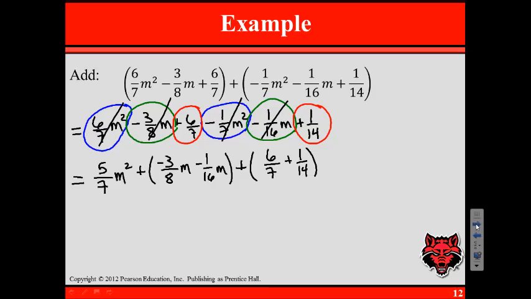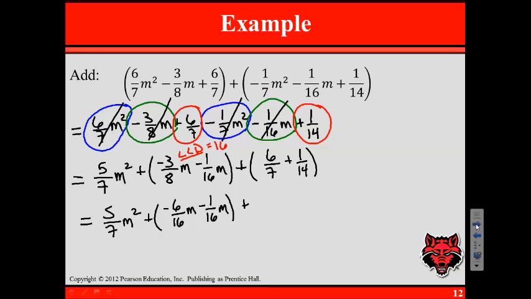Now, as we go through, the 5 over 7 m squared term comes down. And the next set of parentheses, the least common denominator will be 16. So you can, off to the side, change each fraction so that it has a denominator of 16. I'm just going to go ahead and write down what that would become. That would be negative 6 over 16m minus 1 over 16m